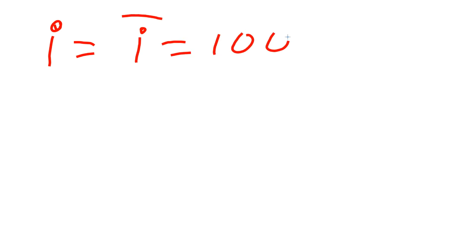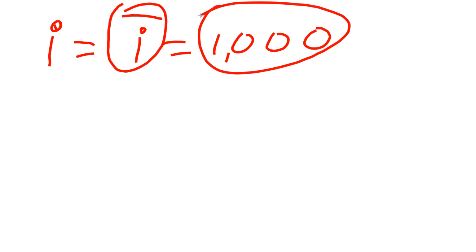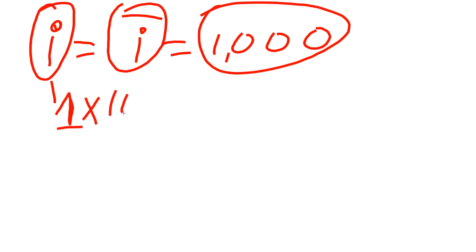This is my board. Okay, what I mean is that when you want 1,000 of I, people write it as I bar. You write I and overline, and this is equivalent to 1,000 in Roman numerals. This one is in Arabic number, and this is Roman numeral. So this is the small one. This is number one. When you multiply it by 1,000, which is I bar,